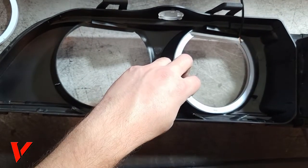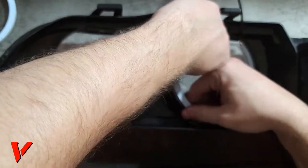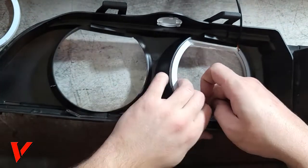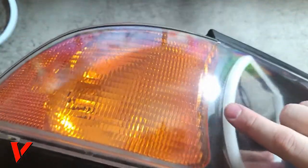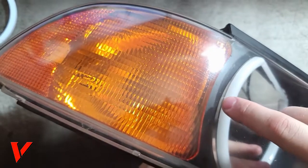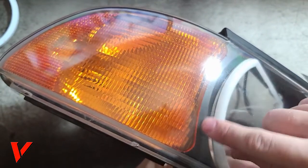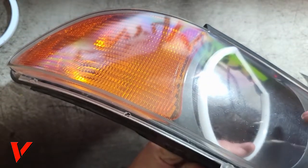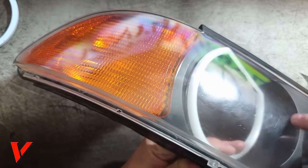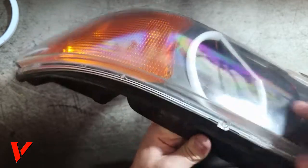The goal is, and I'm gonna show you guys, let's see if you can see this right here. For me, the way I wanted to do it is I did not want to see the rough edge where you can see the motherboard, or whatever you would call the LED board. I did not want to see that, so I'd rather have the board be towards this wall right here and have it hidden and clean right here. So